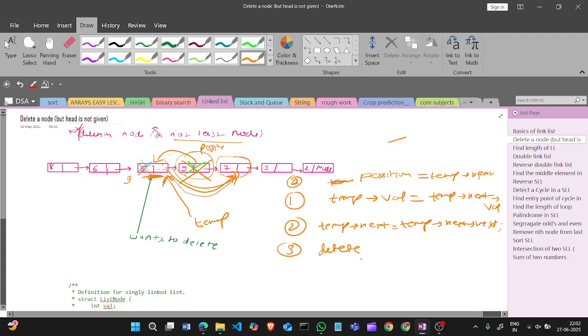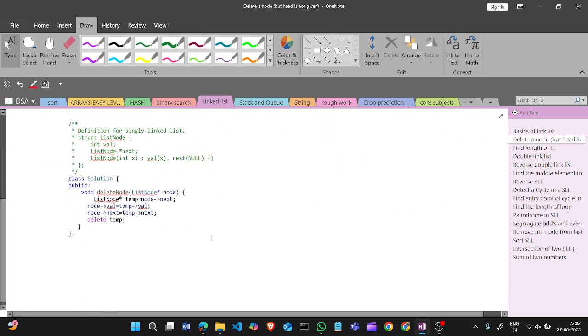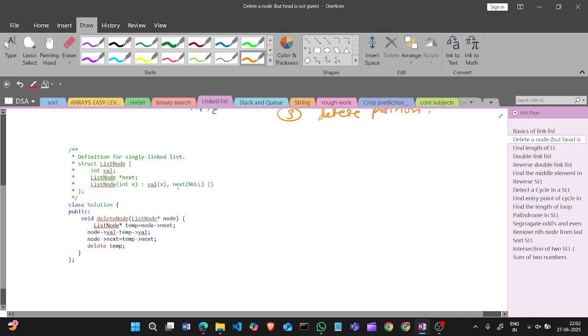Then delete the position. In this way we can delete this node. Same thing applies here: we take a temporary variable and the node is given, which is the node we have to delete. In this example the temp is equivalent to the node, and temp next, the same thing we did.